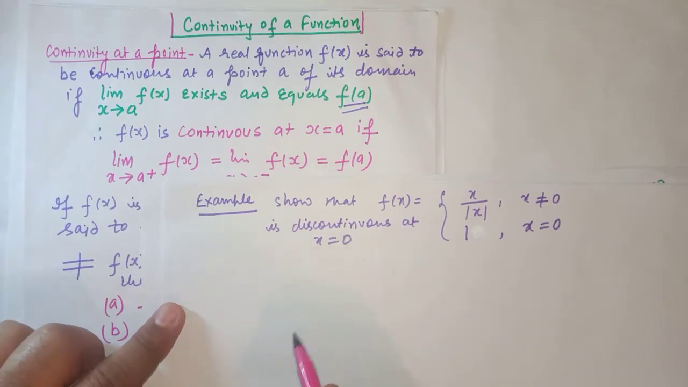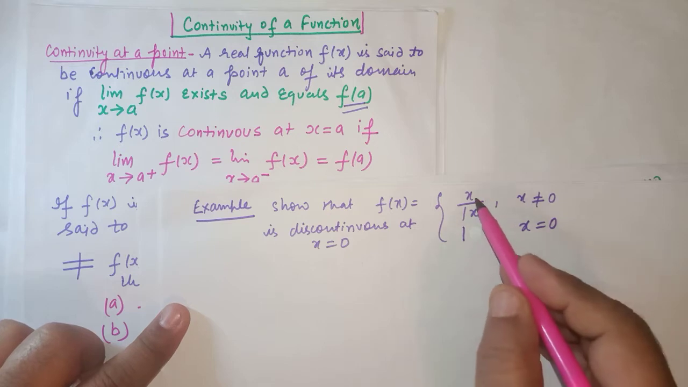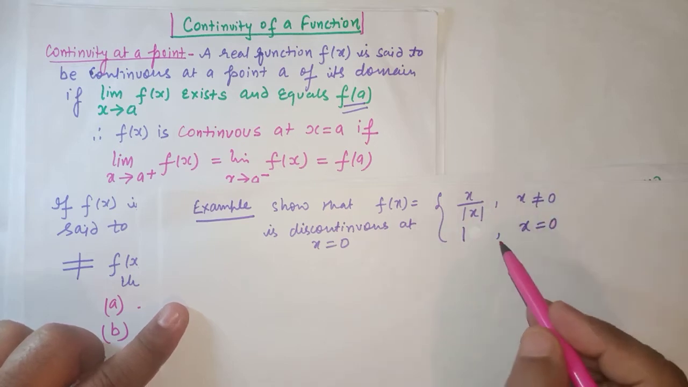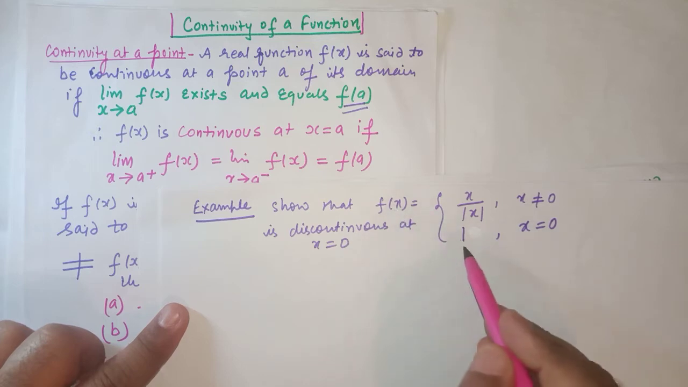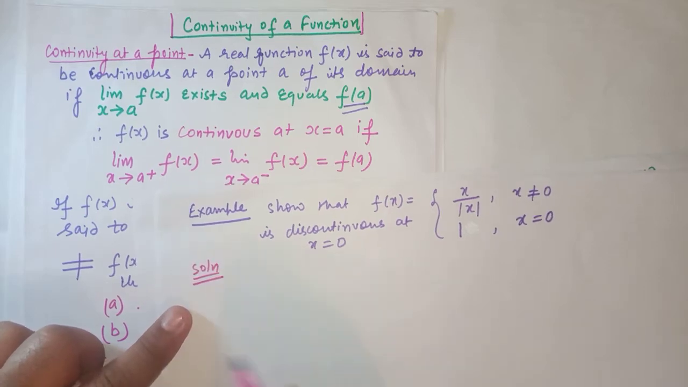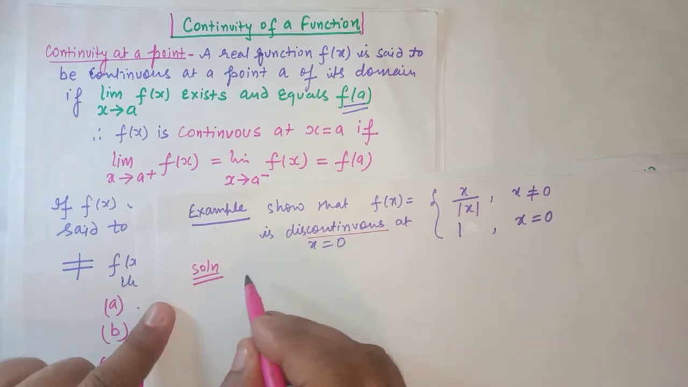Viewers, let us take this example. Show that f(x) is equal to x over mod x when x is not equal to 0, and f(x) is defined as f(x) equal to 1 when x is equal to 0. So let us prove that this function is discontinuous at x equal to 0. So let us find